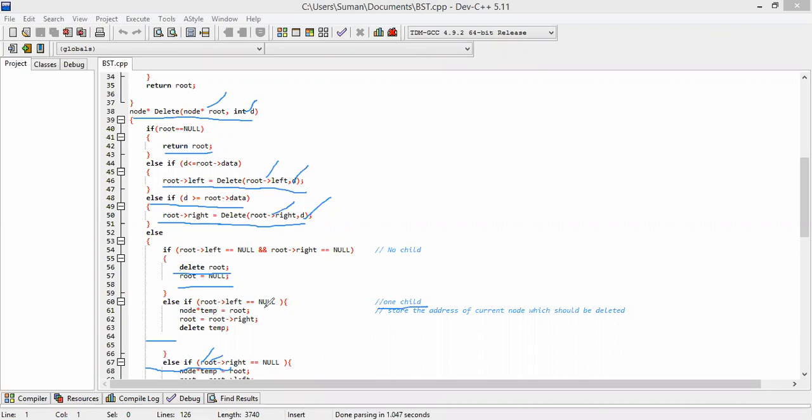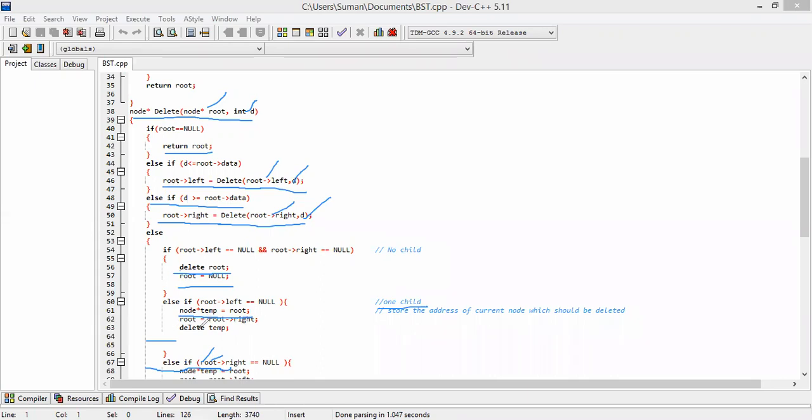So we declare node star temp equal to root, which stores the address of the current node we want to delete, and root equal to root right.